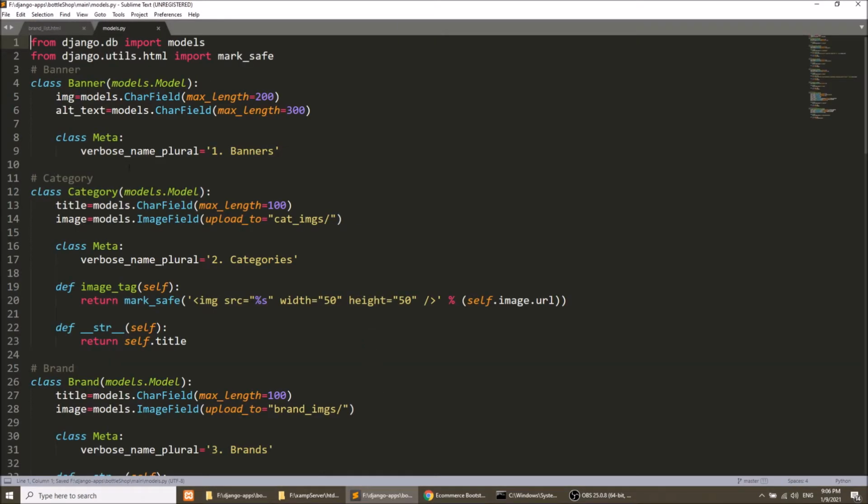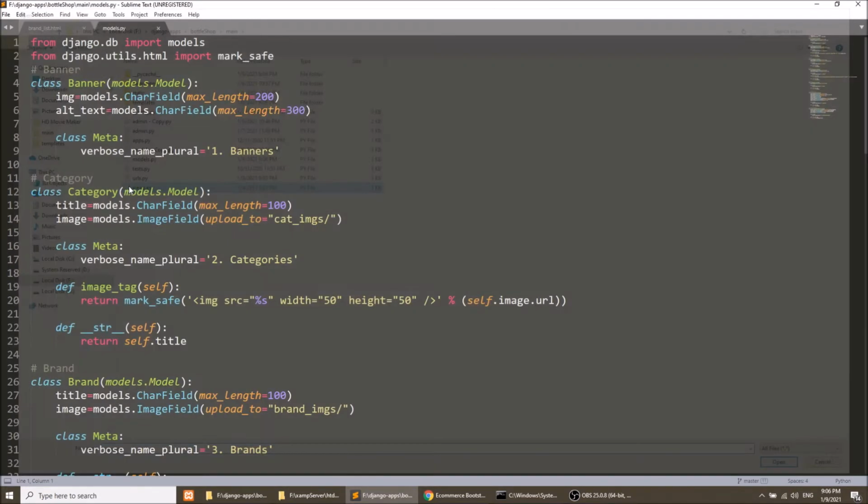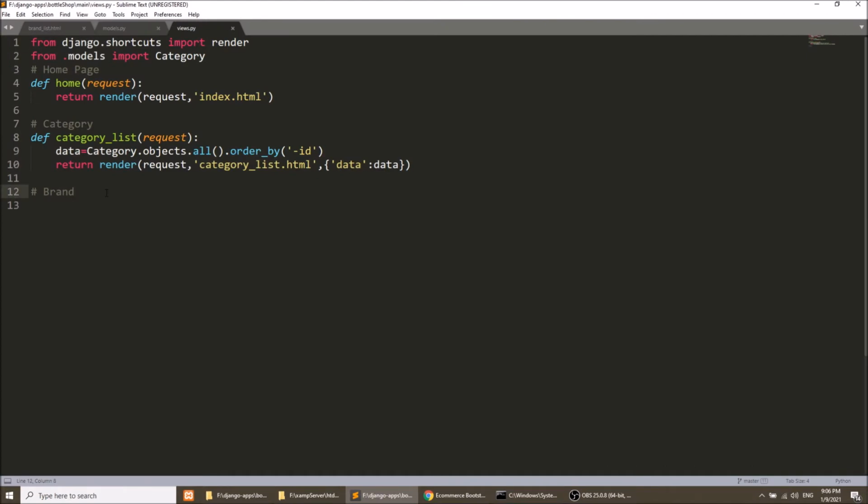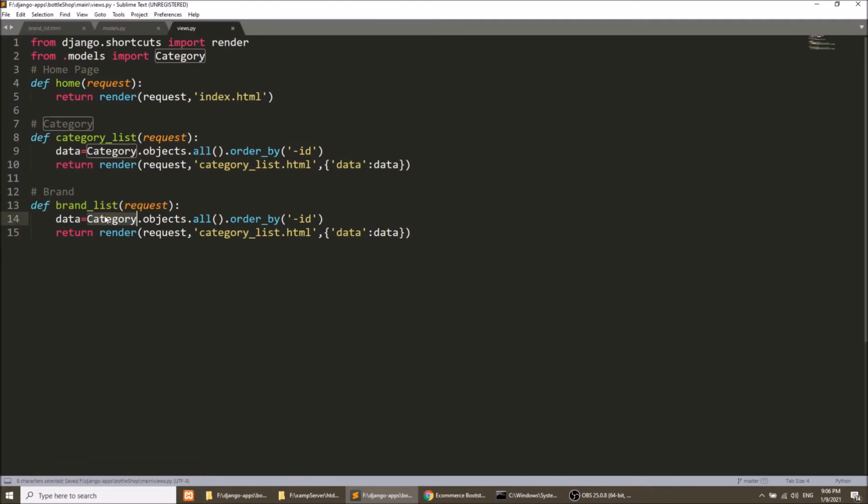Now we will open our views.py file. Here I have the views.py file, and I'll copy this category list functionality. This will be brand list, and this will be brand, and I'll copy this brand.